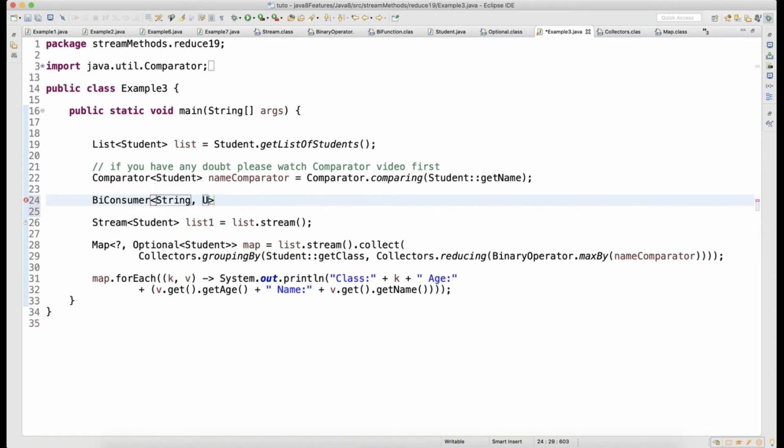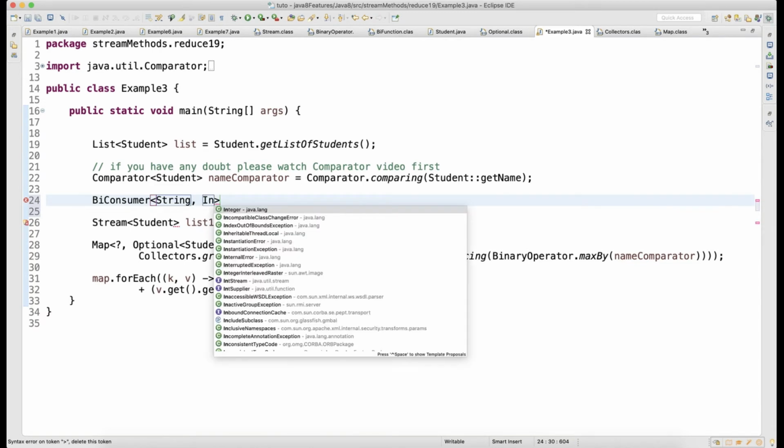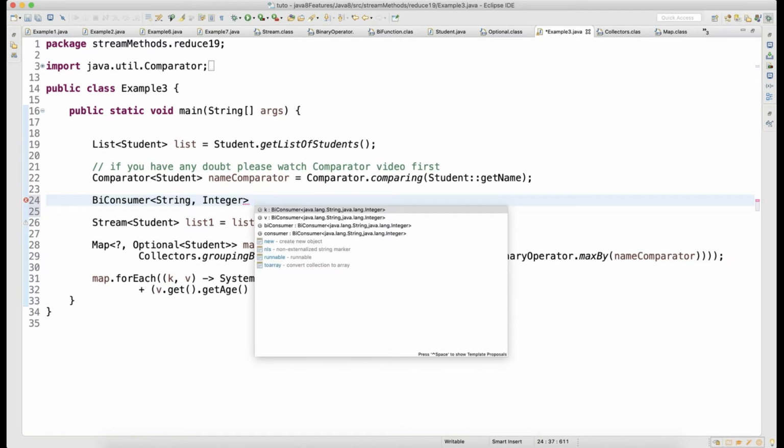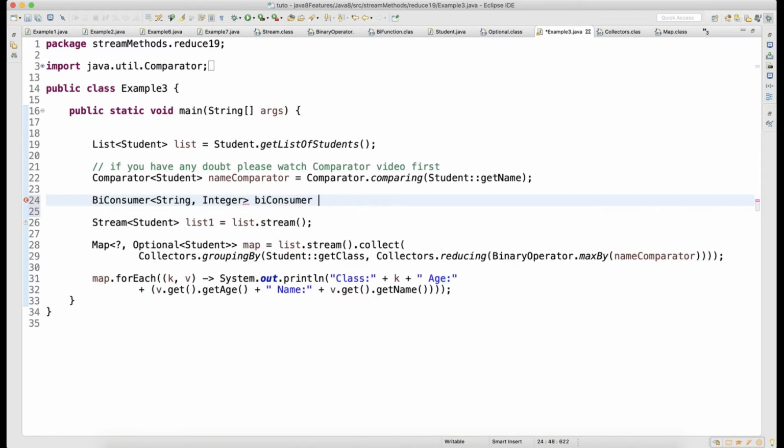You take this first input as a string, second you take as an integer, and then you write a consumer is equal to, let's say, key comma value, and then you write here SYSO, and we can write here, so this is the key and this is the value.